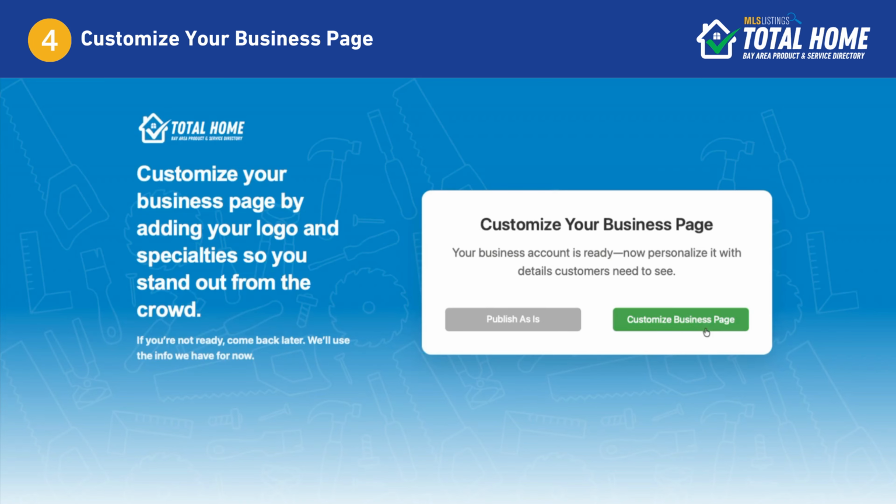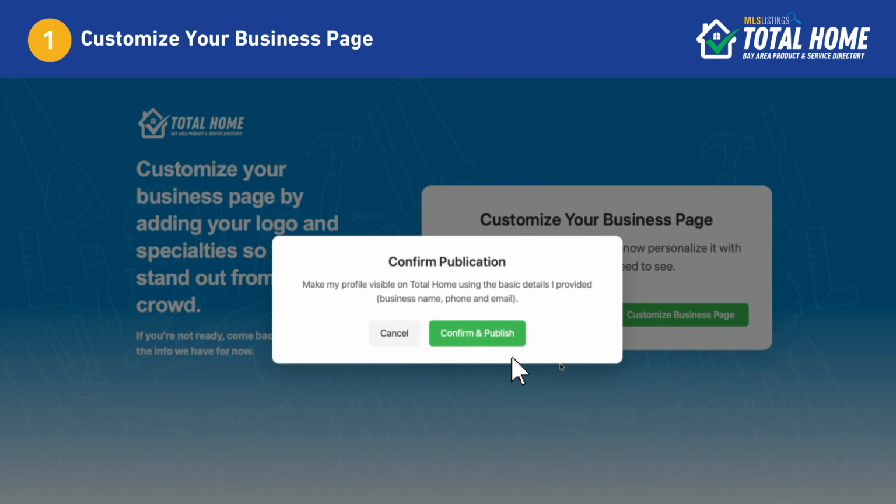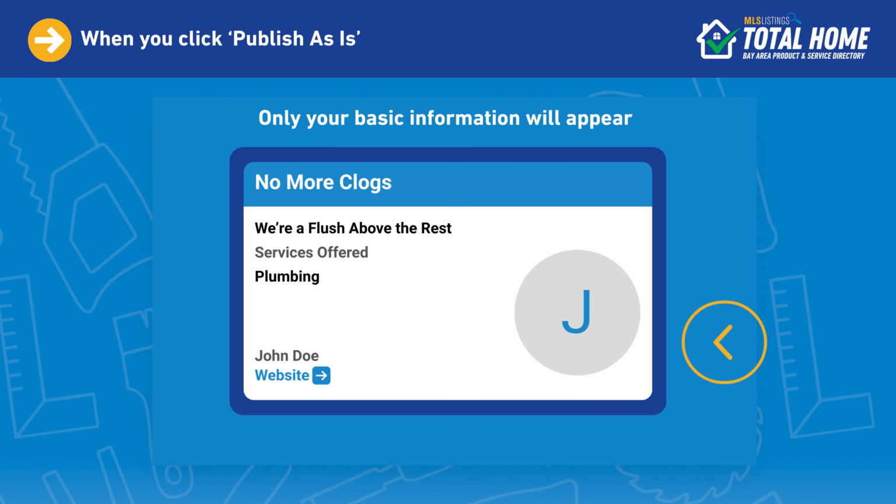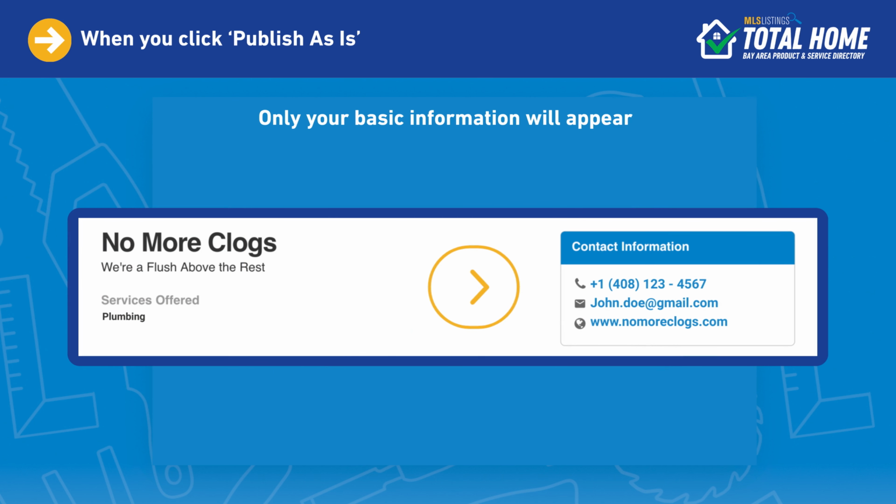Once your account setup is complete, you can customize your business page or quickly get started by selecting Publish As Is to share the information you've already entered. If you choose to publish, your business will appear instantly on Total Home with key details like your name, phone